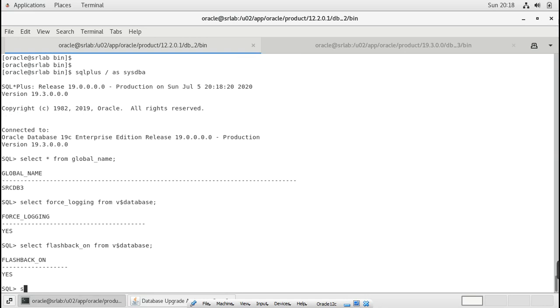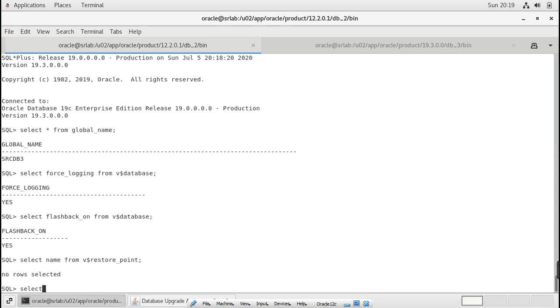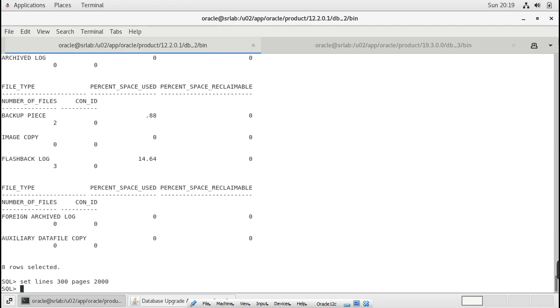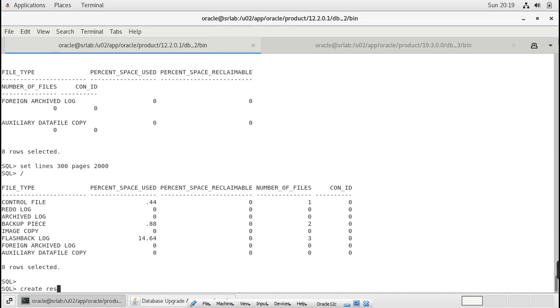Create restore point before upgrade guarantee database.